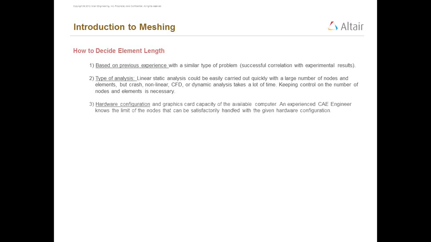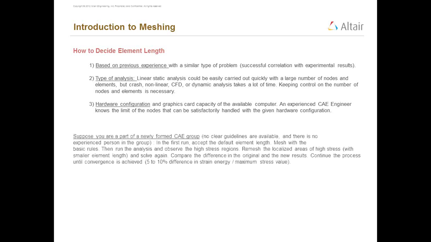Then hardware configuration, that is very important, and the graphic card capacity of the available computer. An experienced CAE engineer knows the limit of nodes that can be satisfactorily handled with the given hardware configuration. Suppose you are part of a newly formed CAE group, no clear guidelines are available and there is no experienced person in the group. In the first run, then, you can do this: